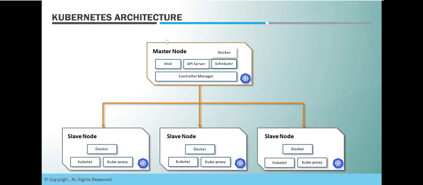We may have multiple master nodes, or we may have a master node cluster as well, with an active-active or active-passive master node configuration in our environment in order to provide high availability. So whatever model we follow to deploy our master or control plane in Kubernetes, every master node will have these components that you can see on my screen. It needs to have one Docker support, one container support tool. The favorite one is Docker if you want to deploy on your own. Otherwise, other kinds of container engines can be used.